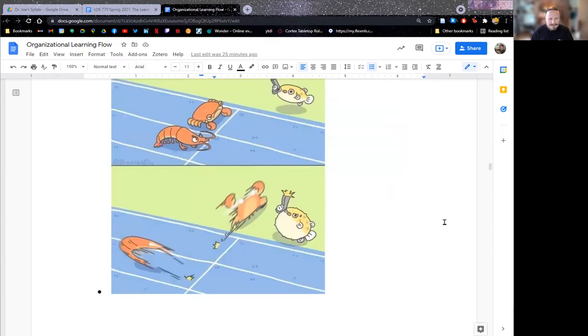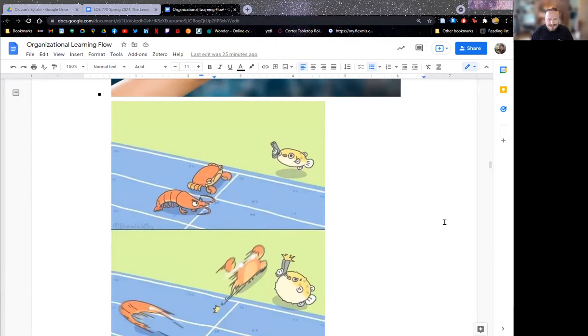There's another cartoon here. A crab and a shrimp are trying to do a race. The blowfish startles itself by trying to start the race, and then the crab goes sideways and the shrimp goes backwards, but we thought we were going to go forwards. And what does that mean about organizational learning? And so we have discussion about that. And of course, they post other things if that's what's resonating for them. So that's kind of how I try to both sense the system within our course asynchronously, while also guiding them through the process of designing, implementing, and then consulting to each other about an actual systems level org learning case.